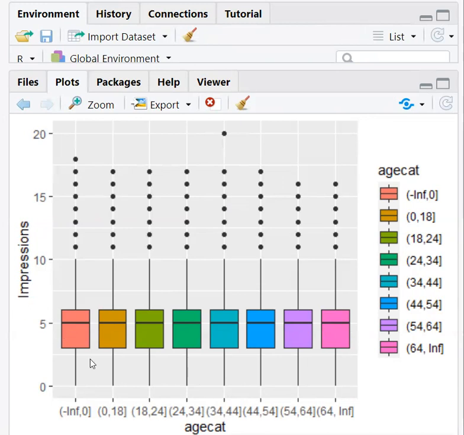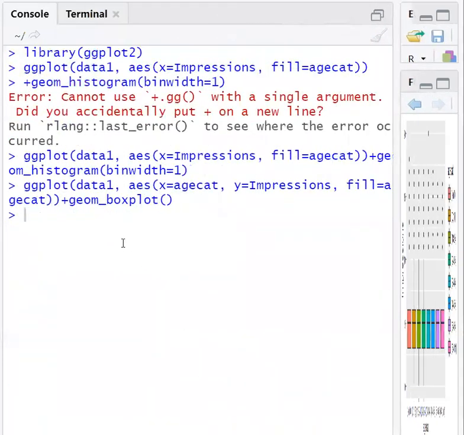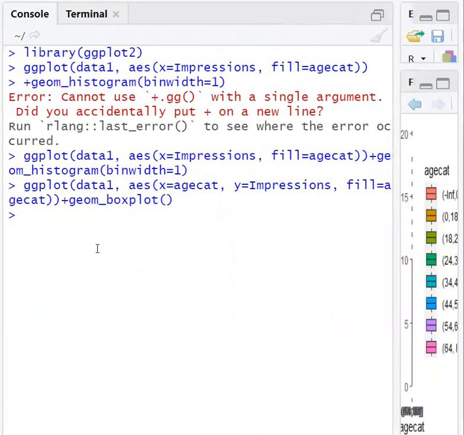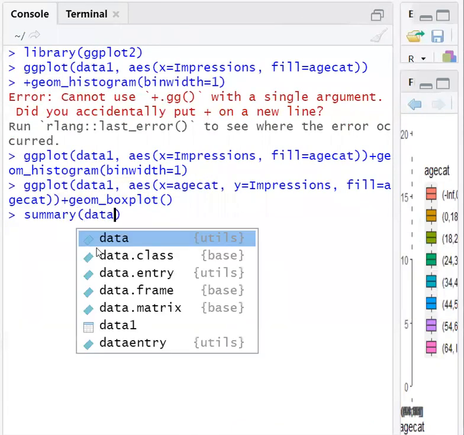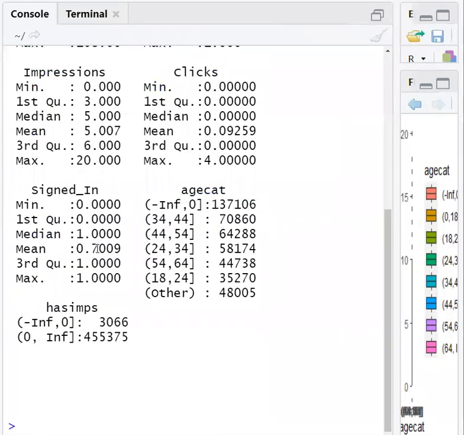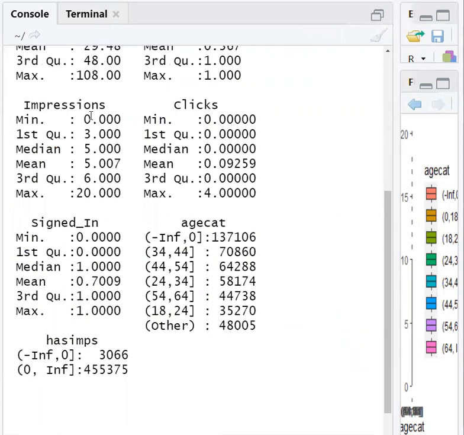In order to understand this particular one, we can plot a summary. Let us look at the summary of data one on impressions. If you observe the impressions summary, minimum is 0, first quartile is at 3, median is 5, the second quartile is 6, the maximum value is 6.